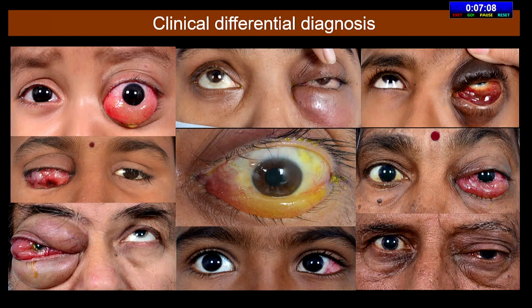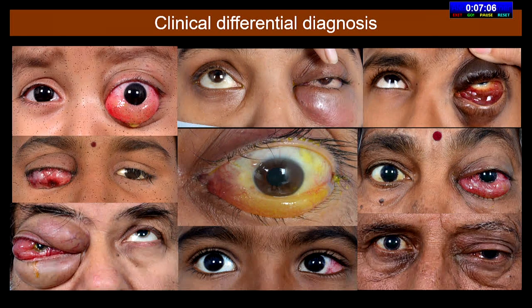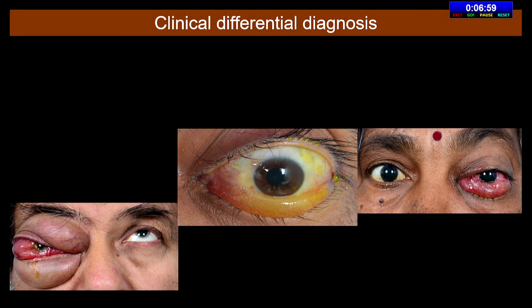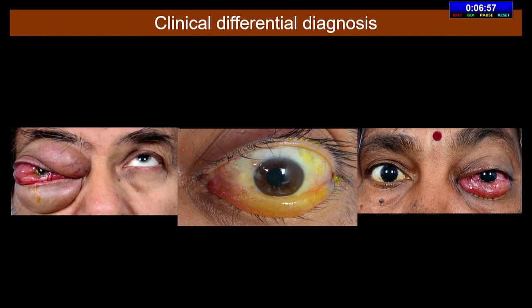So coming back to this slide, some lesions we can actually eliminate just by the age at which they present, like RMS or orbital retinoblastoma, some by their history. And we should always come up with a list of differentials that we should keep in mind when we are dealing with something which is not very straightforward.